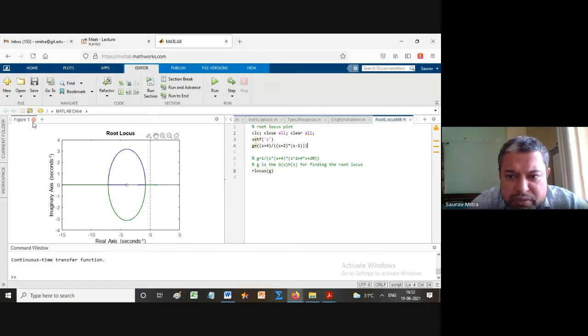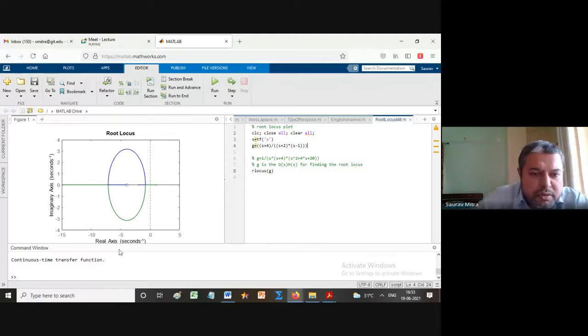Can you tell me what was the mistake in my execution previously? Are you following this? So what I did was I just did not put this bracket. That means it considered s plus 4 divided by s plus 2, multiplied by s minus 1. So I have to define this denominator clearly. So when I have done the denominator clearly, then it is coming. So Kiran, are you there? Yes, sir.